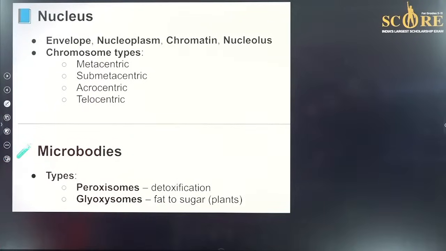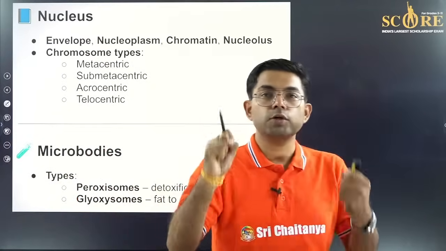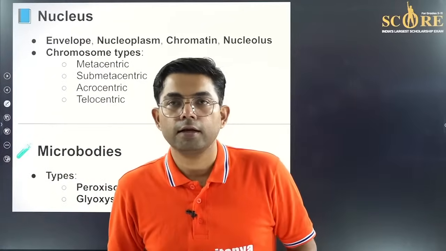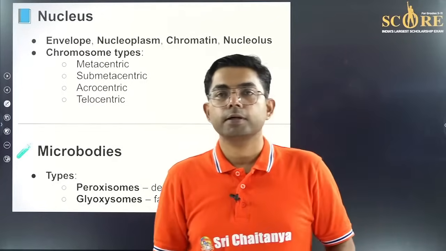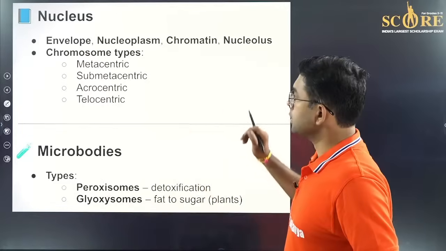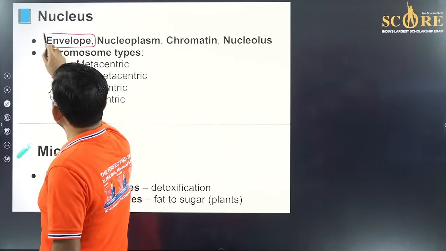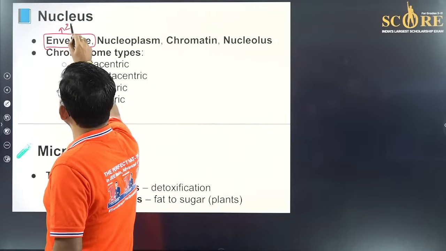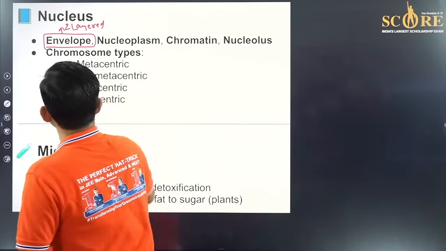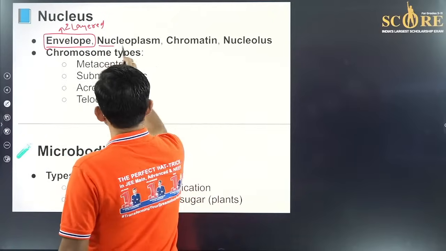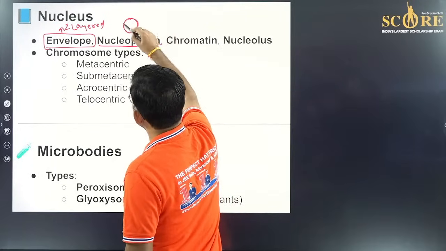Then comes the nucleus, one of the most important parts of the cell. It is basically the controlling part of the cell, the brain of the cell, or just like in a computer, the processor of the computer. So it consists of an envelope called the nuclear envelope. It is two-layered, right? Then inside the nucleus there is the nucleoplasm, a dense, spherical structure,